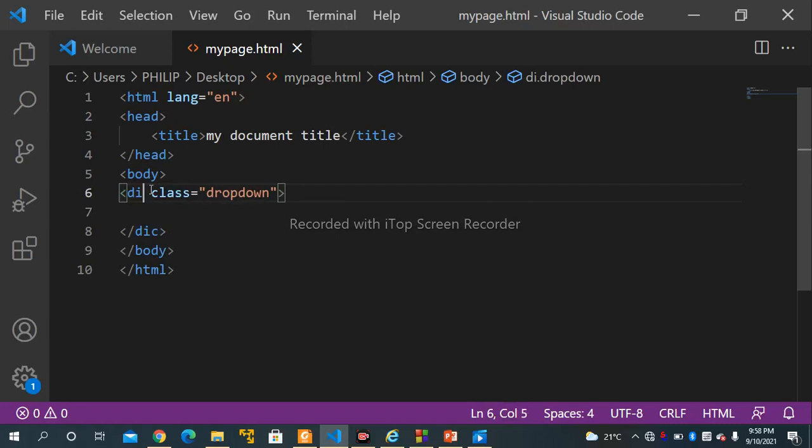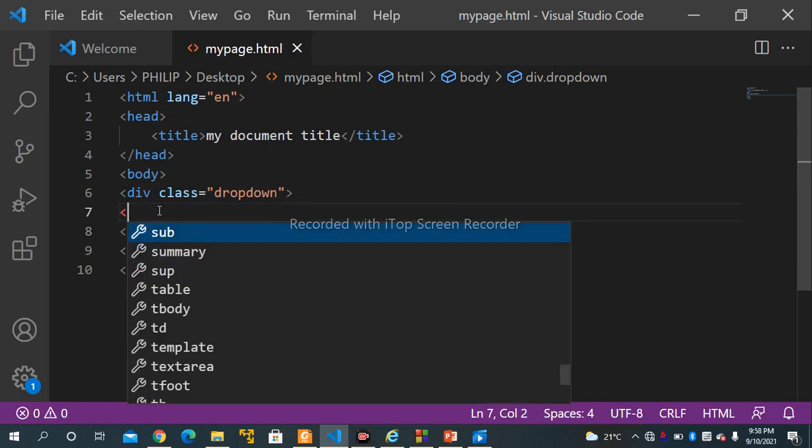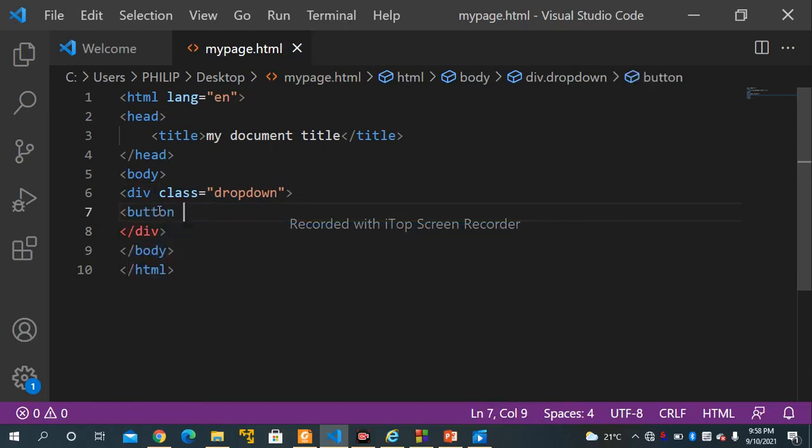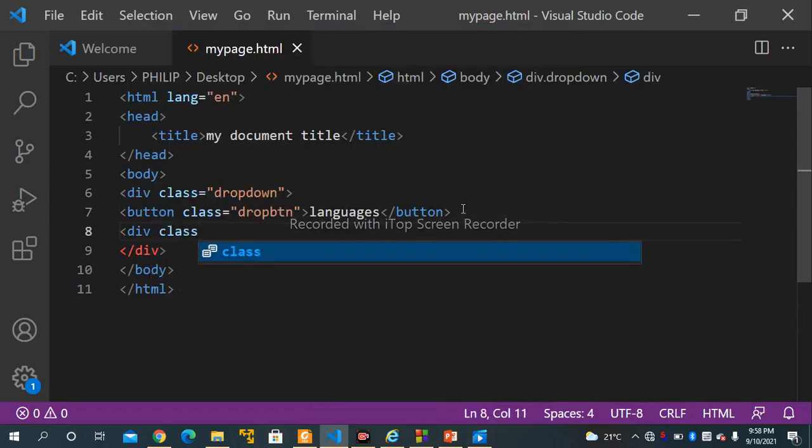In between there, you can just create a button, give it a class, then name it languages. Then you can create another div class and name it